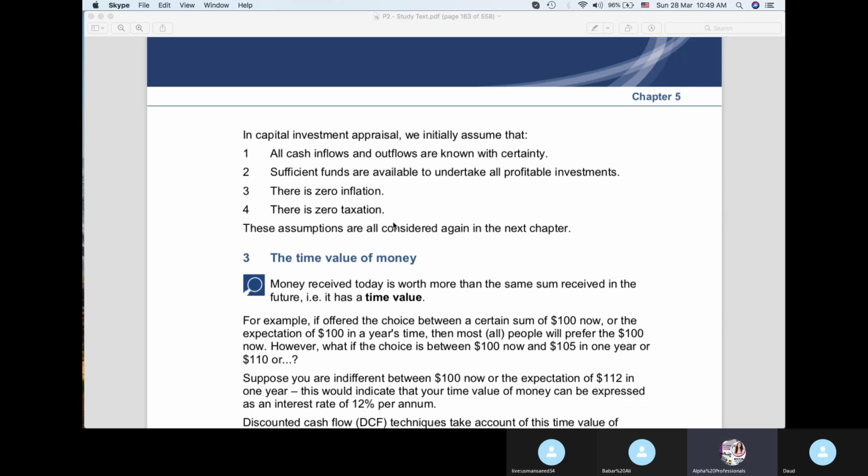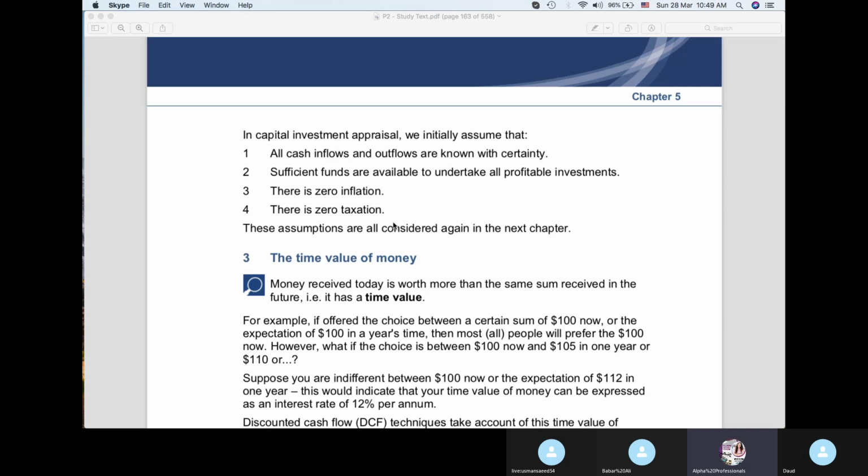Like you could associate the probabilities with the returns or the cash inflows, and then on the basis of those probabilities, you could come up with the cash flow for each year. Once that has been determined, we will take it as certain, and we will be evaluating our project on the basis of those cash flows.